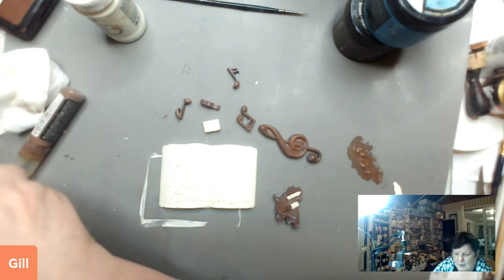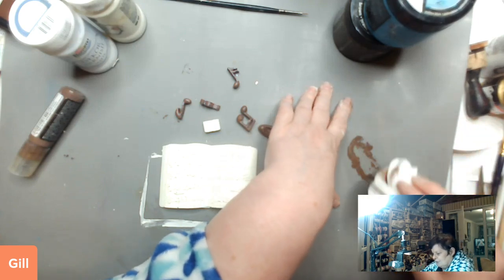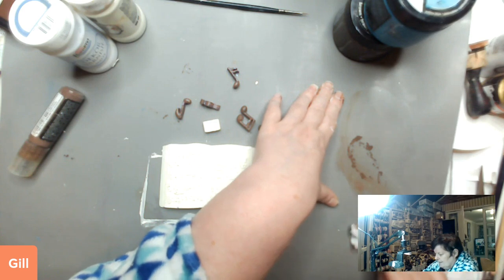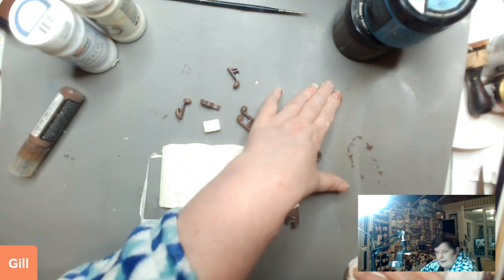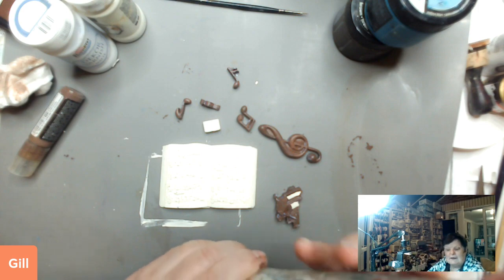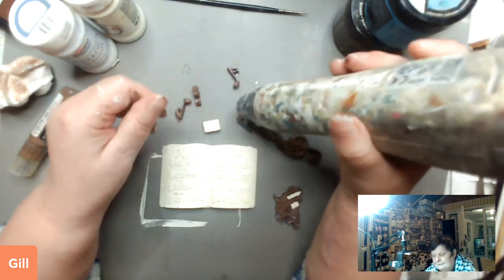Okay. So I'll just pop that over there. Let's just give that mess a little wipe off my silicone mat. It will lift. There we are. We'll pop that over there so we're not working in a complete mess. Pop that over there. Let's just give this a little blast. My background is continuing to dry quite nicely